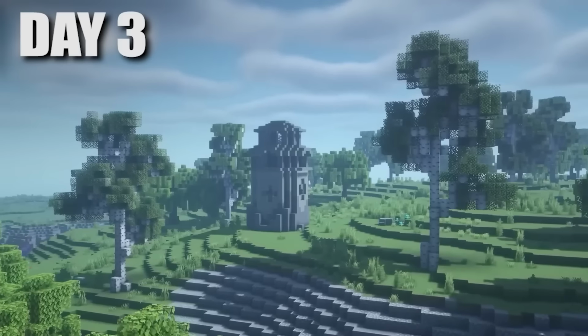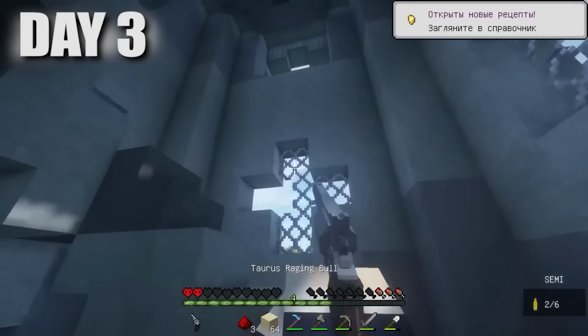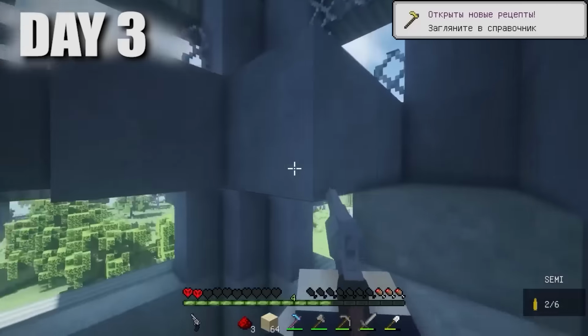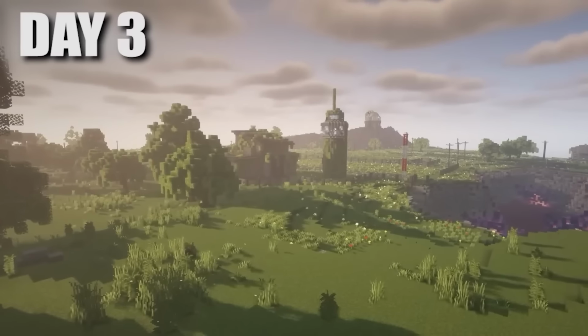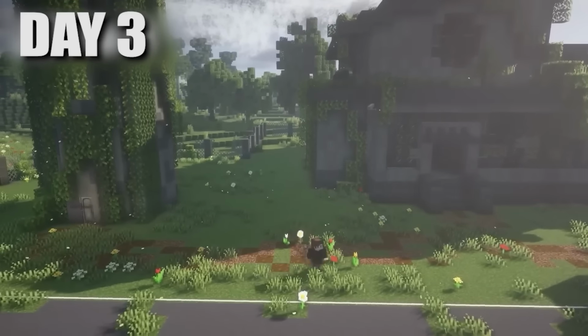On the way home, I noticed a tower which I decided to loot. I really hoped there would be some food. And yes, I was very lucky. In this tower, I was able to find food. And it was very tasty. Another chest! Oh, food! Dodo pizza! Let's go! The day was coming to an end, so I decided to return home. I had to start cooking the sand so that tomorrow I'll be able to get some glass and finish my